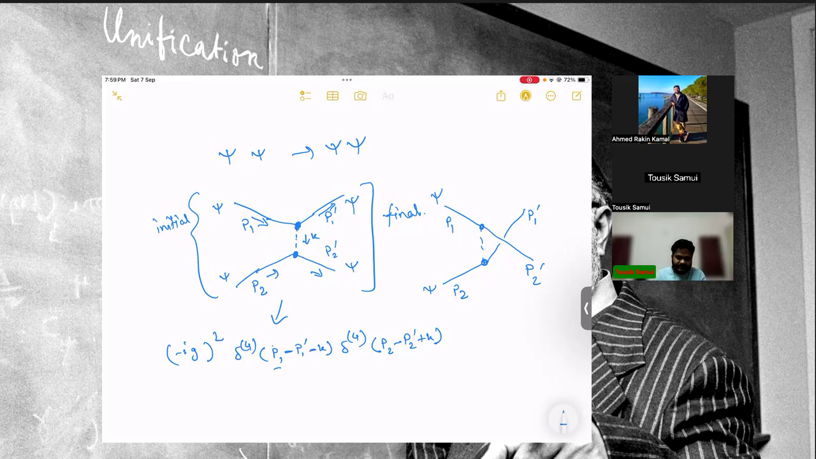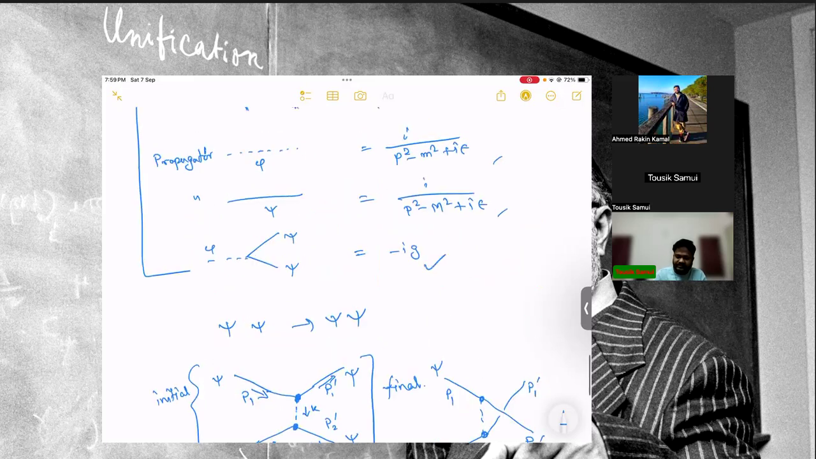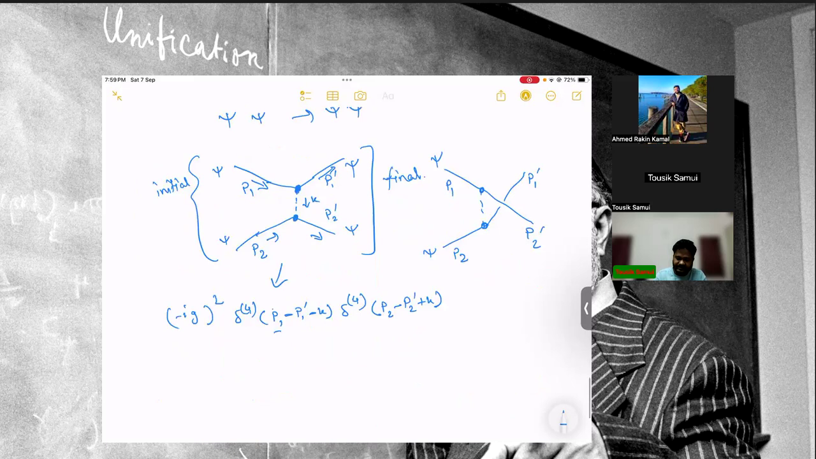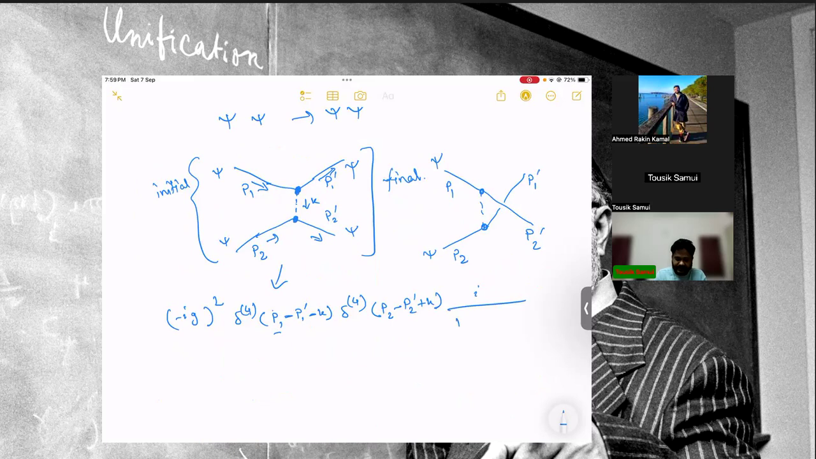Okay, and then the third, so this is done, and then we have the propagator, which is i over k squared minus m squared plus i epsilon. And then we have the momentum integration, which is nothing but this. Okay, and the second term is similar, but the only thing is that P1 and P2 have been exchanged. Okay, so then it will be basically